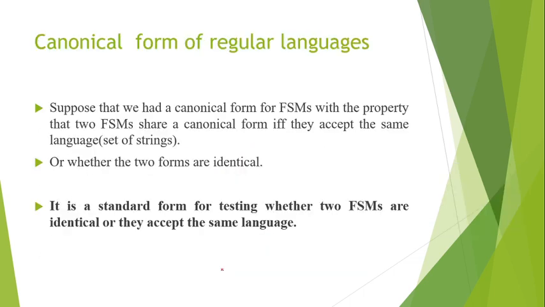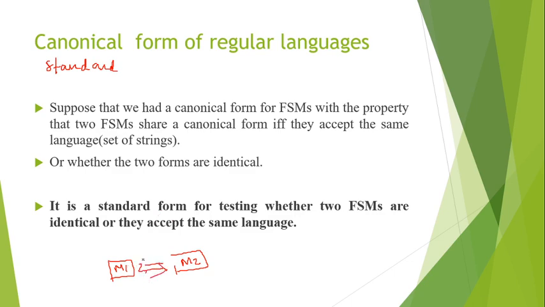Next we'll see canonical form of regular languages. Canonical form is also called the standard form or normal form. What I'm expecting here in the canonical form is that I have one modeled machine and another modeled machine, and both should behave the same way for the same problem. That is why these need to be equivalent.